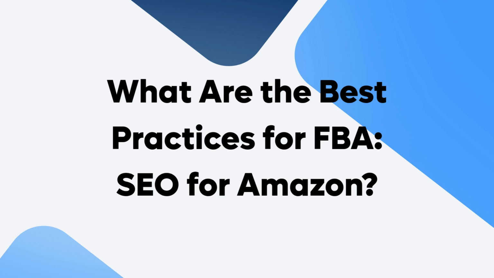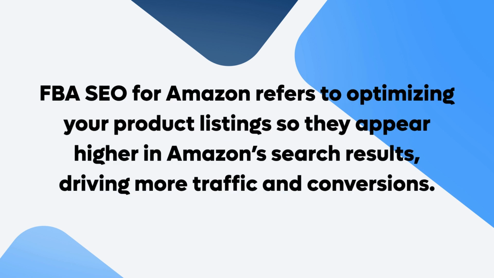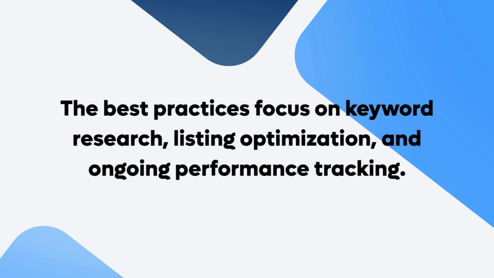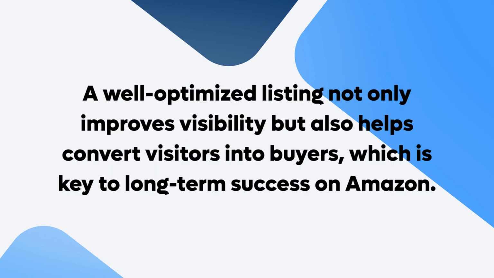What are the best practices for FBA SEO for Amazon? FBA SEO for Amazon refers to optimizing your product listings so they appear higher in Amazon search results, driving more traffic and conversions. The best practices focus on keyword research, listing optimization, and ongoing performance tracking. A well-optimized listing not only improves visibility, but also helps convert visitors into buyers, which is key to long-term success